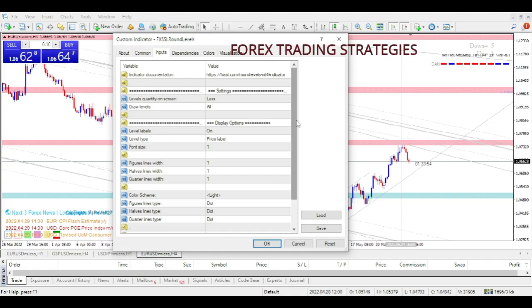I don't think too much on this system, besides just being a visual cue. That's it for me. So first, FX SSI round level, you can download. You can even download this indicator free online. So you can easily download it online. But so here are my settings,